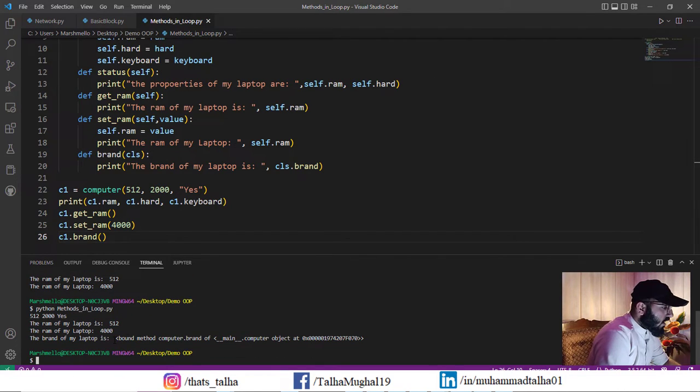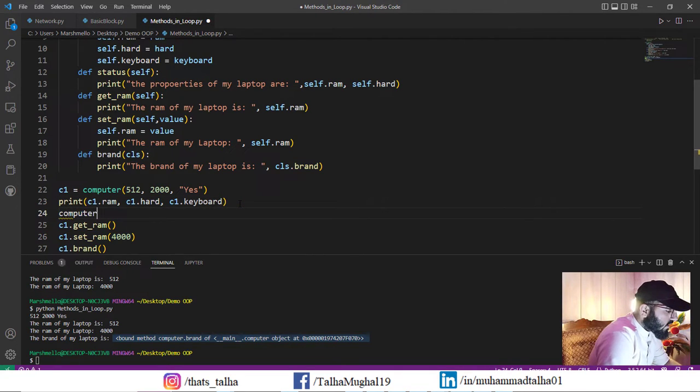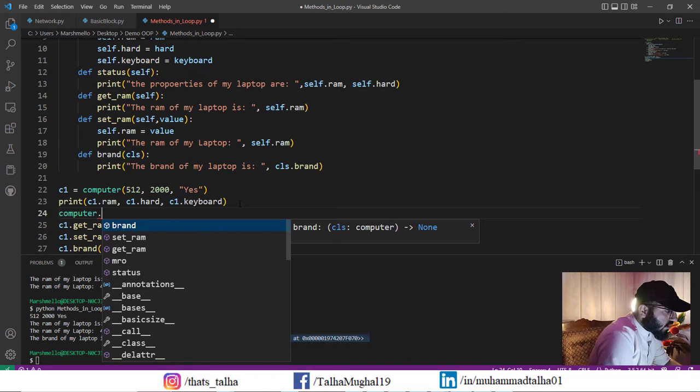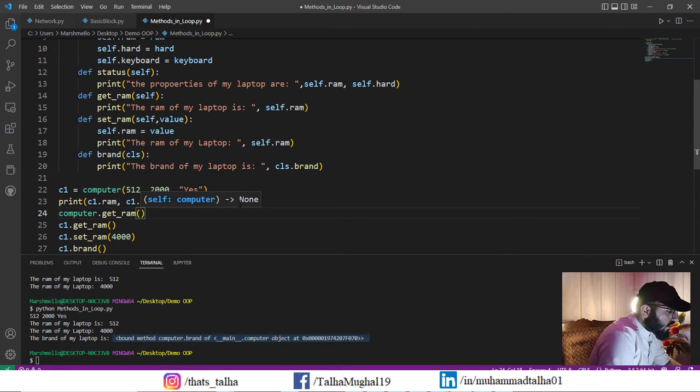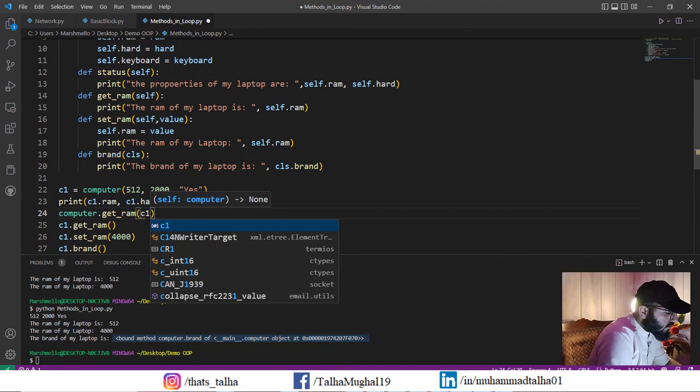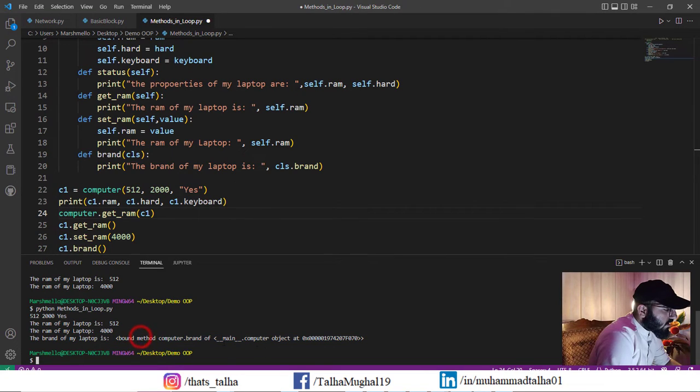Okay, so here we have this error. What we have to do is feed this method or class, and just like in the previous video where we understood this notation, we called our class, and from that class we called our method, and in this method we gave our object, right? So what this error is actually telling us is to do that for our class method, but we don't